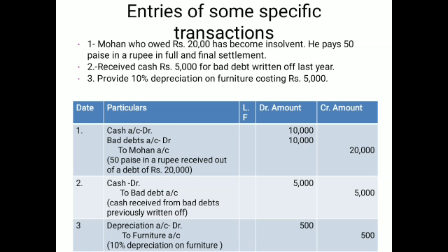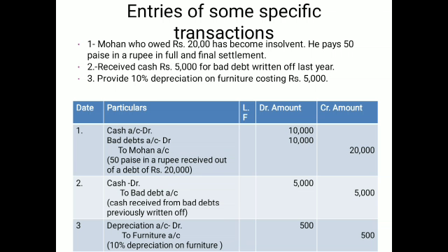The next is, if the depreciation charge on the furniture cost is 5,000. So our entry is related with the depreciation on furniture. The furniture is already purchased. So first of all, you have to see the value of the furniture now. It is listed here 5,000. Apply the rate, it will be 500. Now the question is the value is reducing by the 500.